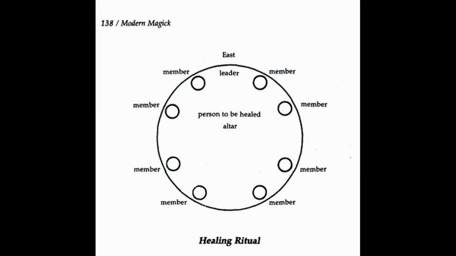Step 5. Let all the ritualists, save one, come forward and form a circle, holding hands around the person to be healed. In this position, let all do the middle pillar ritual. The one remaining ritualist should stand in the east facing west toward the people also doing the middle pillar ritual, but should imagine himself or herself as being 100 feet tall and both watching and partaking of this ritual.